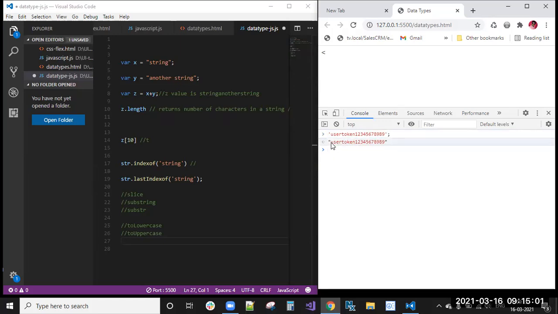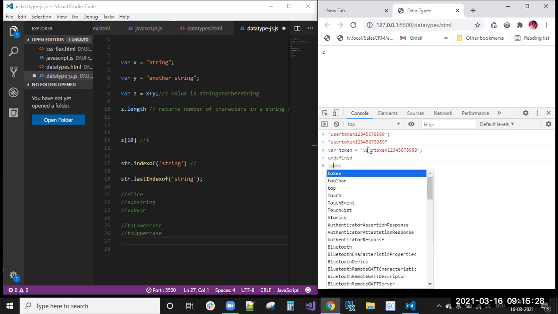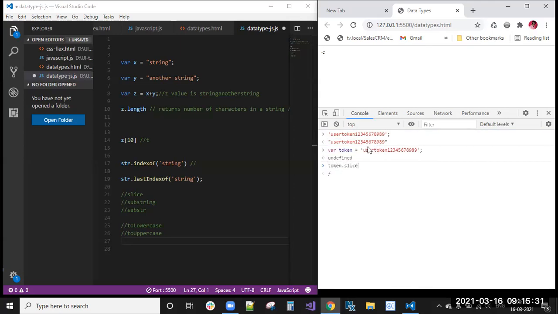So we can replace this user token from this string, and from the remaining numbers we will get the token, right? In that case, you will use the slice method. So user token means USER, then the numbers. Then somewhere, token equals, where token equals this one only we will paste. So token.slice of, we already seen, right, 9. You got the token number, this 9.